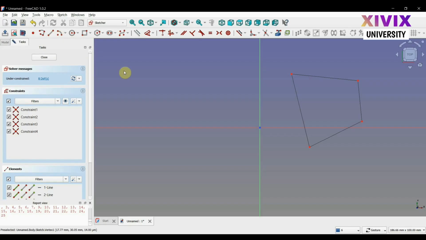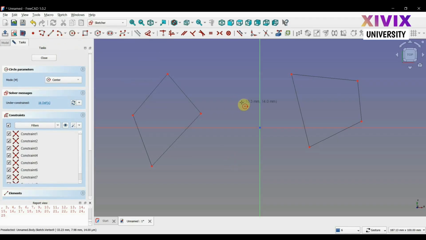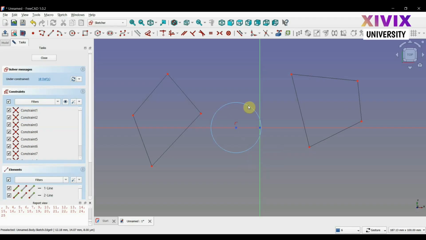Alright, I'm going to use polyline to draw a shape. And I'm going to connect these lines end to end just like we did in the previous one. Alright, now I'm going to use the circle tool to create a circle over here. Now you can see there are 18 degrees of freedom under the constraint warnings because we drew so many unconstrained